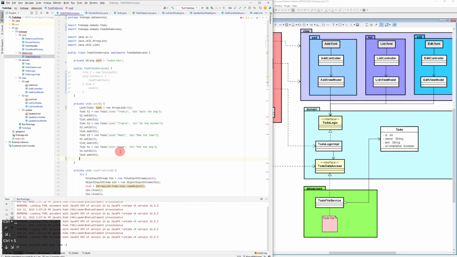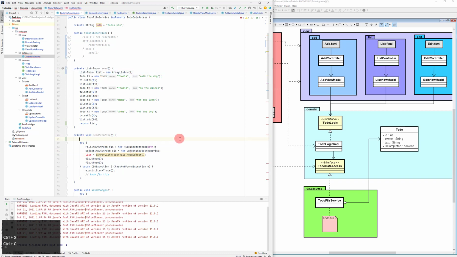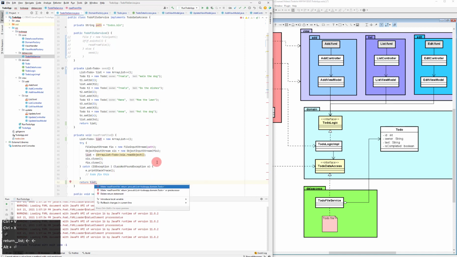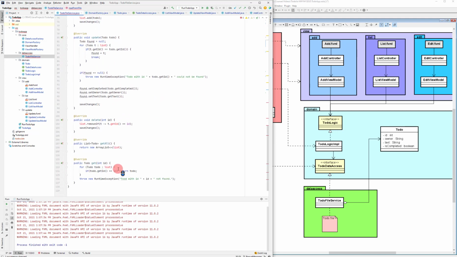And here we want to return the list, return list, return list. And that means, okay, so read objects, and again return list. So instead of updating a field variable, we have things to interact with the file. So save changes, that's going to be complicated. Okay, let's start with get